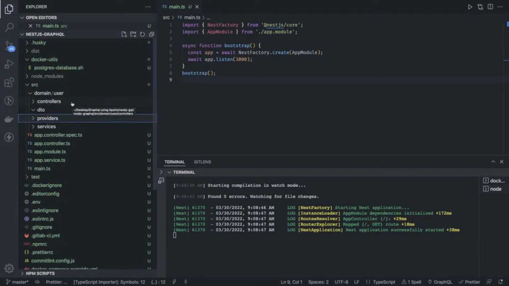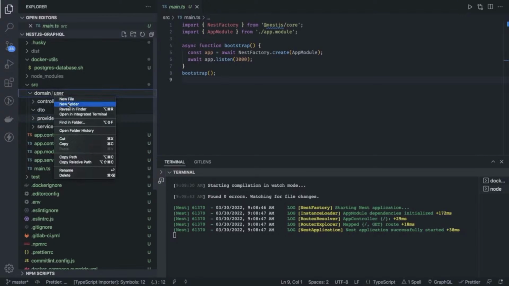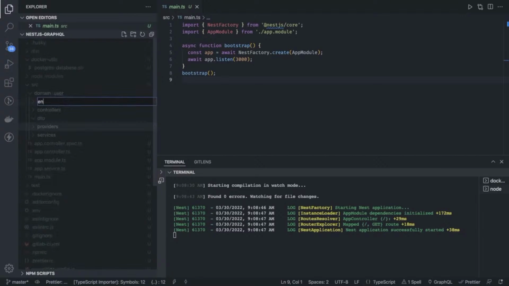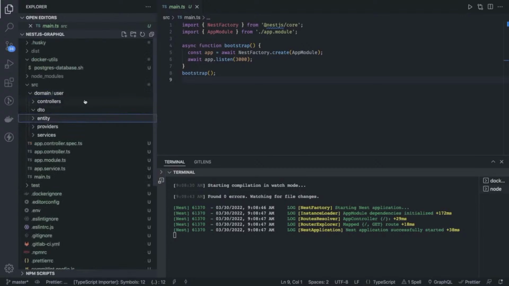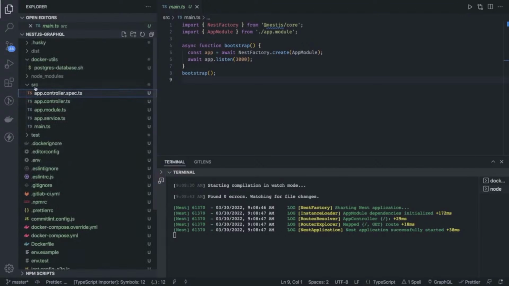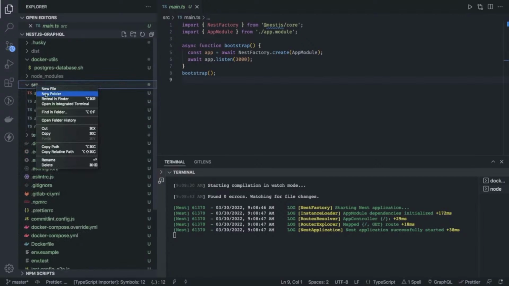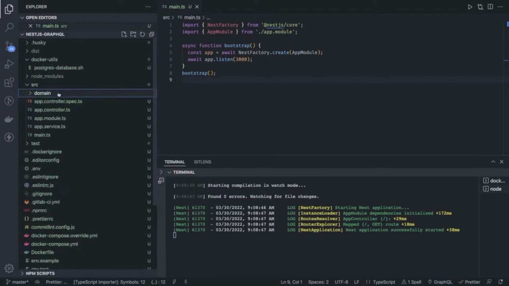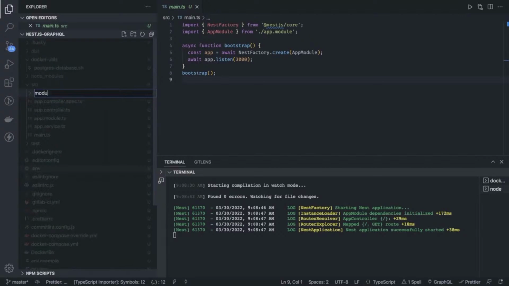But currently we are not creating a big application, so I can use an aggregated folder structure strategy where I have entities which will contain all the entities, services contains all the services. What we can do is, let me just delete this one. I will create domain again, or we cannot call it a domain. Let's put modules,